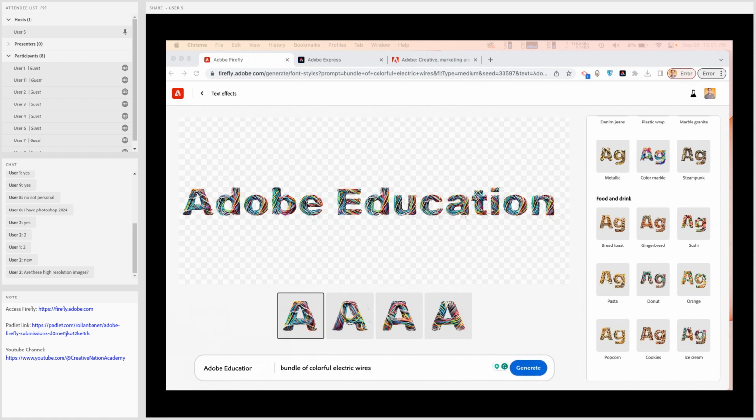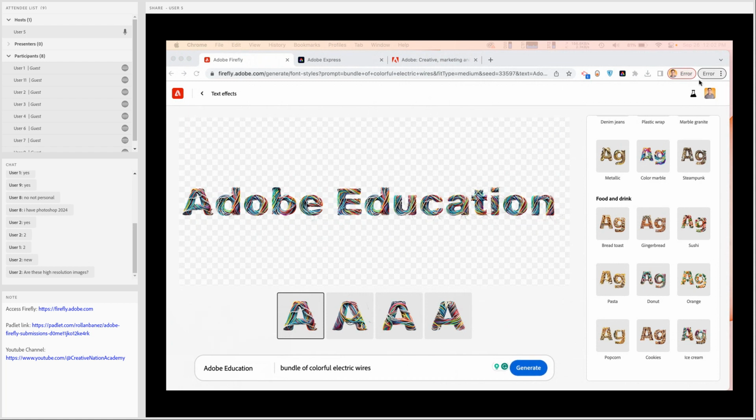That's a great question. Are these high resolution images? Right now, it's not yet. I think this one is just 72 ppi resolution, and it's now in the pipeline as we speak. I think some people have raised this concern to get this into high resolution. So that will be great.